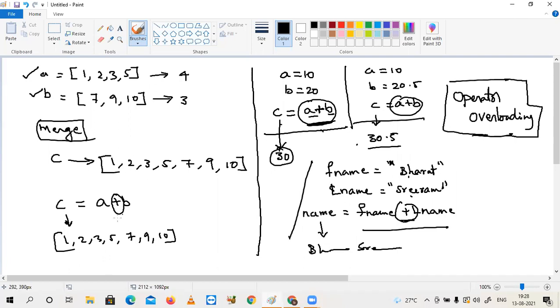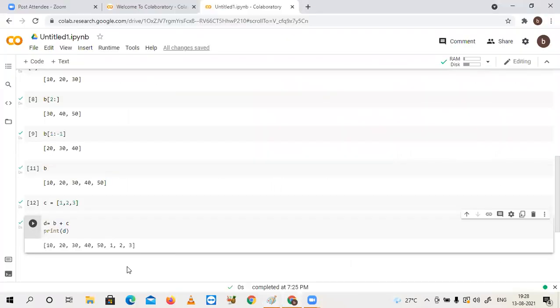When I apply the same operator between list objects, merging happens. This kind of behavior is technically called operator overloading. After completing our basic Python programming, once we step into object oriented programming, you will understand all these things. For now, let's come back to our part.